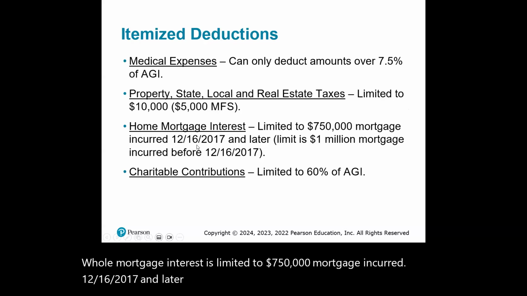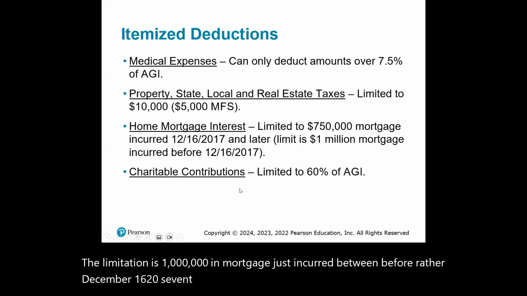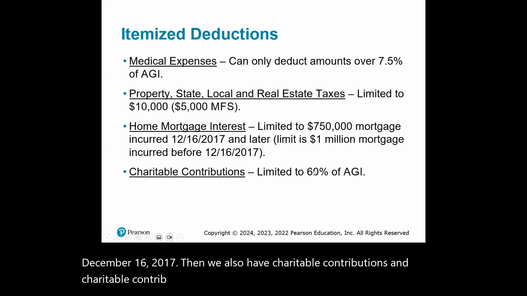So after December 16, 2017, the limitation is $1 million in mortgage just incurred before December 16, 2017. And then we also have charitable contributions, and charitable contributions are limited to 60% of adjusted gross